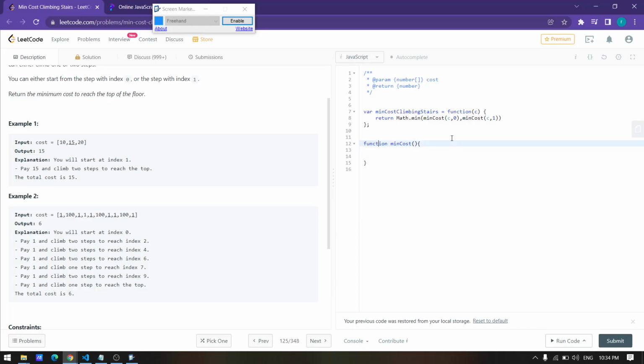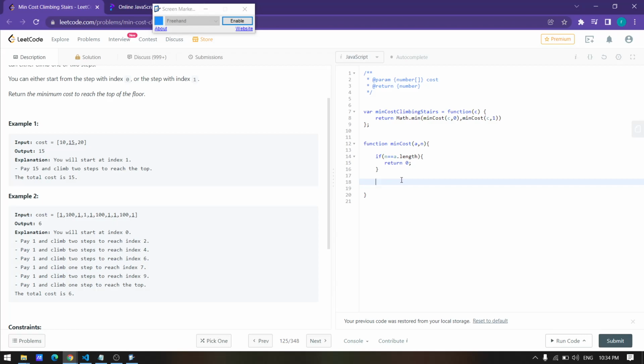So I'll directly jump into code, and let's suppose I have declared a value a here, and let's suppose it is n, the value of index. So the base condition you already knew: if n is equal to a dot length, then what you can do is simply return 0. You get it now, the base condition which I drew in the graph.